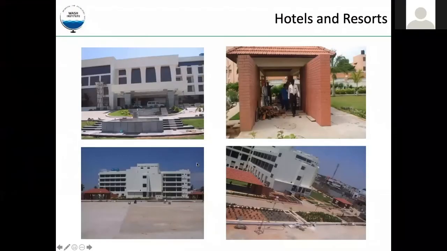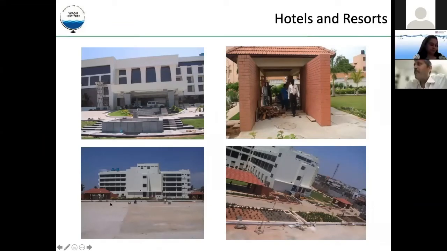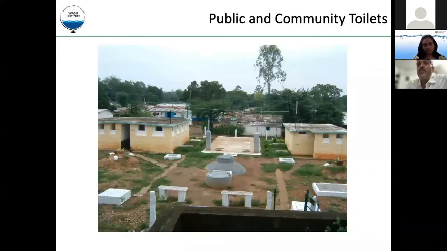Yeah, these are all institutions, hotel buildings, office buildings. In all these places, these decentralized systems can be implemented very well. The garden kind of thing that you see is actually a decentralized system. Below this, there is a treatment system, where on top of it, you can use it as a parking facility or other facility. You don't see these systems at all here. So only good planning is required, then you don't feel that there is a space requirement.